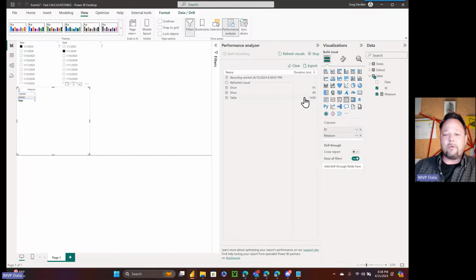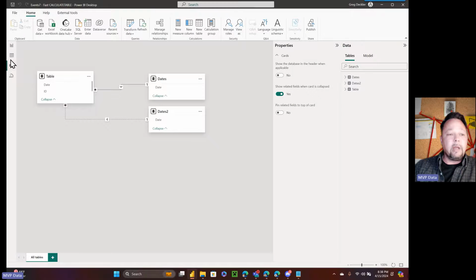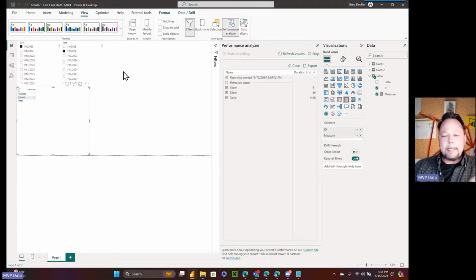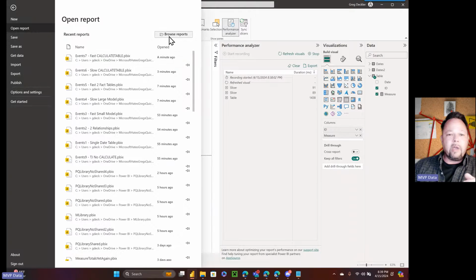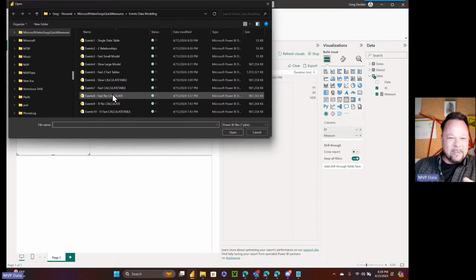It came back at a factor of 10 faster, 10 times faster. So by having just one active relationship and the other being inactive, it's even faster than anything we've gotten to so far, right? It's just blazingly fast. But of course, I am the no calculate guy. So I like having things that you can do without using calculate.